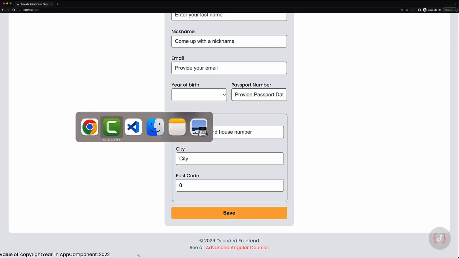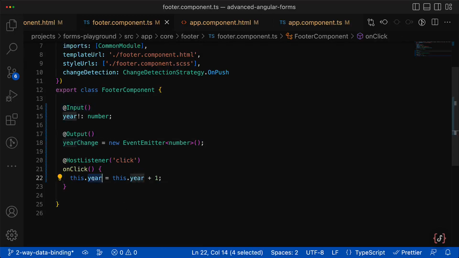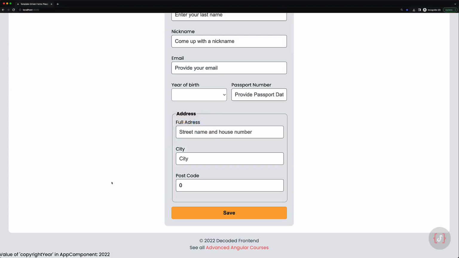This is because currently we just modify the value of the footer component property, so the change isn't visible to the parent. If we want to enable two-way data binding, we have to emit this new value via the event emitter, just like that. And that's it. Now we can go and test it. So if I jump to my application, you can see that our values are synchronized, which means that two-way data